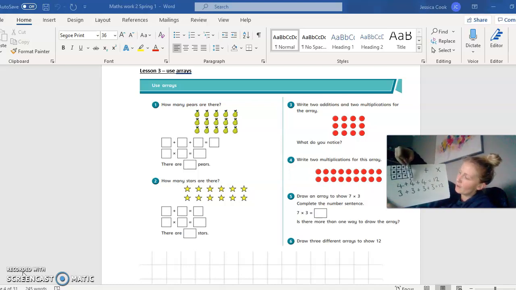So we've got 4, add 4, add 4 equals 12. I've added them up quickly. And then we can do 3, add 3, add 3, add 3 is 12. What do we notice here? Well done. They are both the same answers. It doesn't matter what order, it's the same